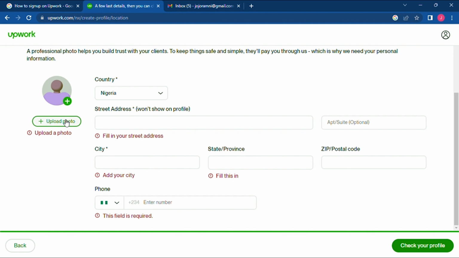So once you create your profile, you can reach out to us to look at your profile and help you to complete it, because after you have put in all these things, you still need to make sure that your profile is 100% complete. So you can reach out to us and we'll teach you how to make your profile 100% complete. I hope that this is going to help you,